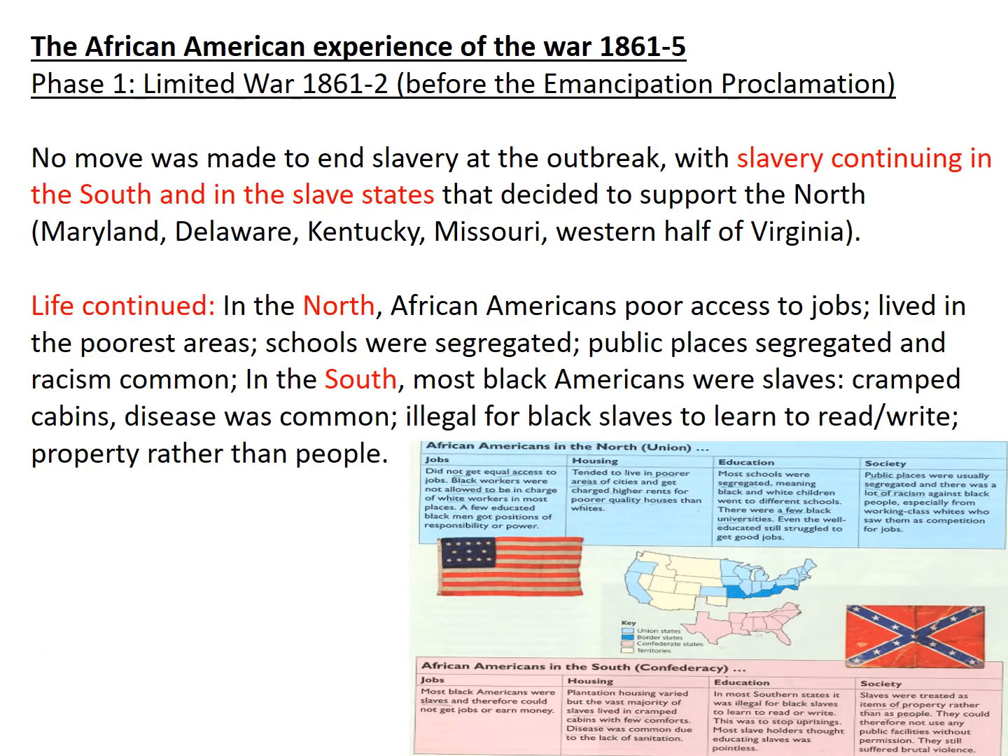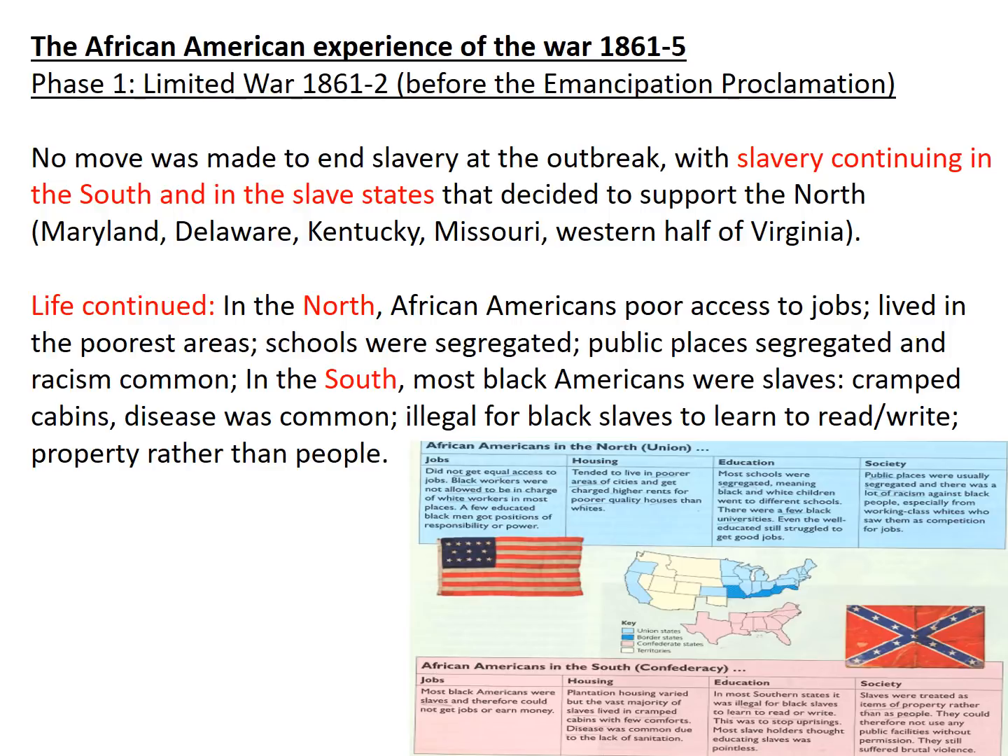Now, in the early stages, we have to remember that life continued as normal. So in the North, African Americans, though free, lived in the worst areas, with the worst jobs and the worst money, and they're very much segregated. In the South, most Black Americans were slaves. They lived in cramped cabins. There was disease. They couldn't read or write. That was illegal. And right at the beginning, slavery continues in the North, in the South, and the slave states,